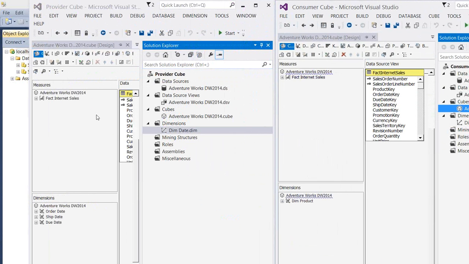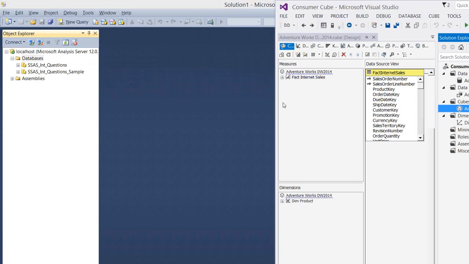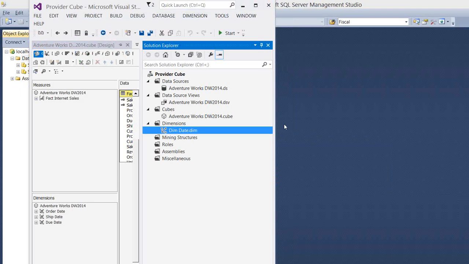Currently, this is not processed. The source cube, if you see, I have not processed it, and hence I don't have it in my analysis services. There is no database called provider cube, right? So I'm yet to process my provider cube. That's why it's not processed. But you have to keep in mind the provider which is providing the reference of the dimension should be processed. And the third point